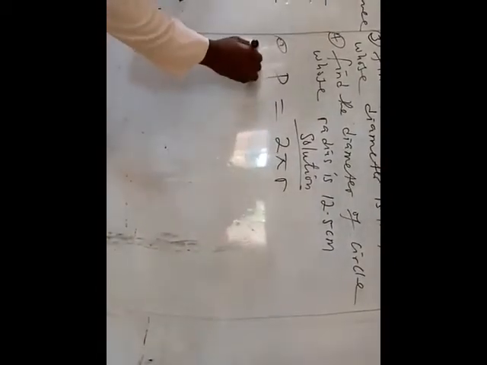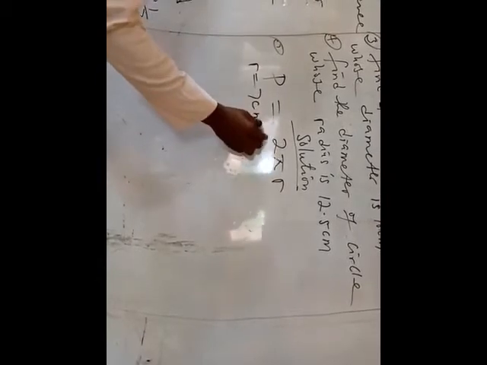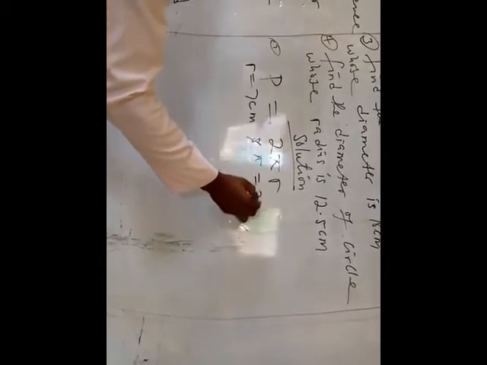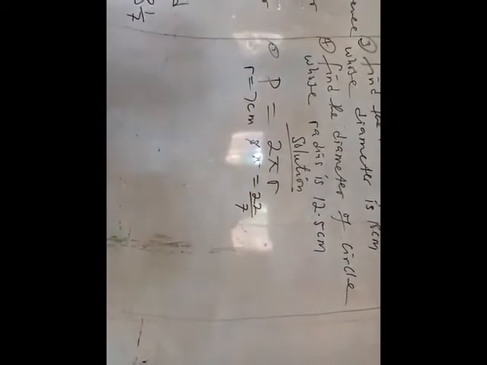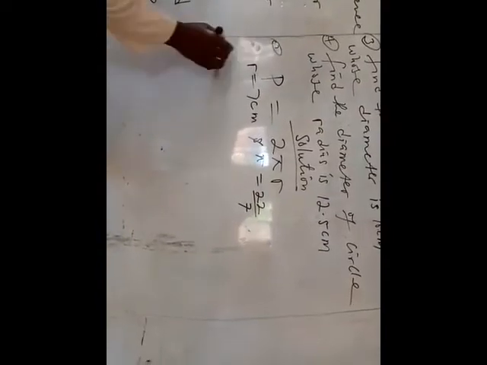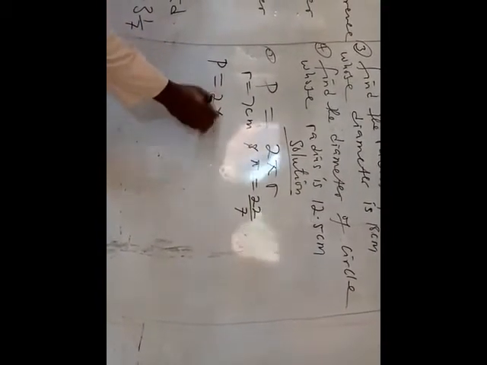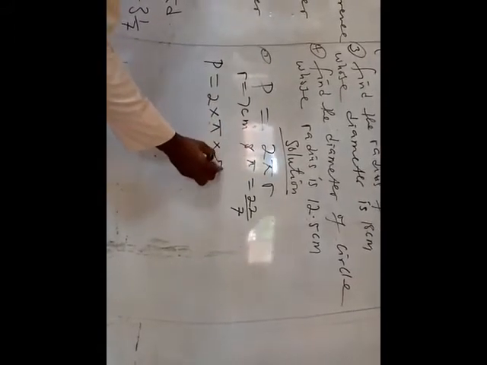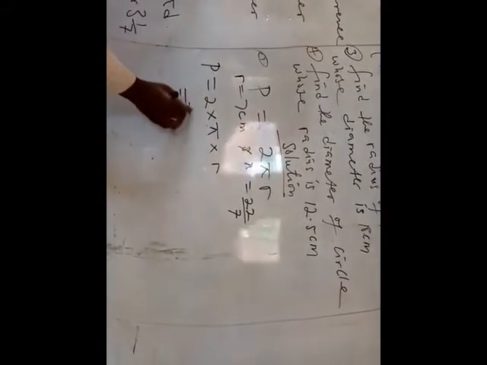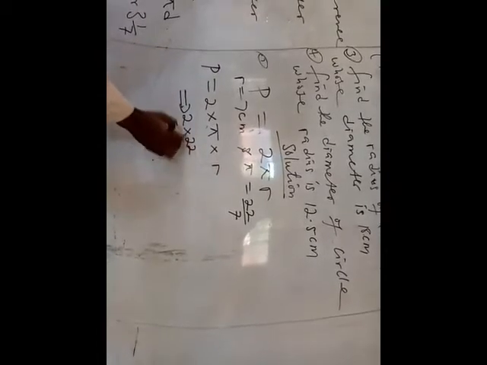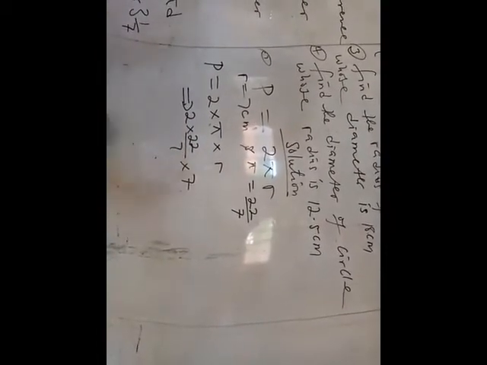But r is given as 7 centimeter and pi is given as 22 all over 7. Now by substitution, P is now equal to 2 times pi times r,